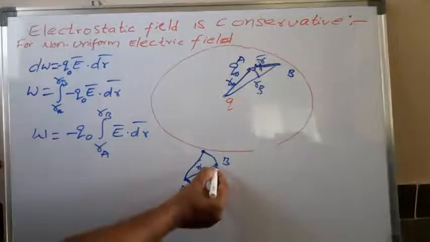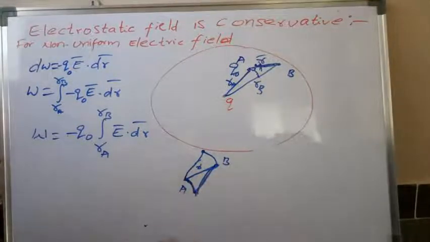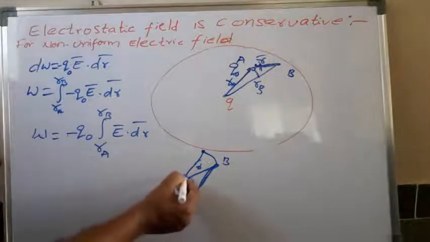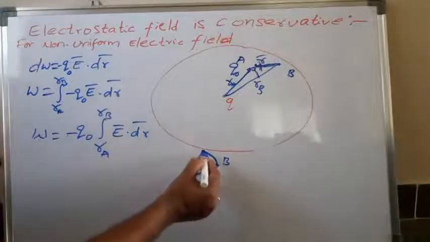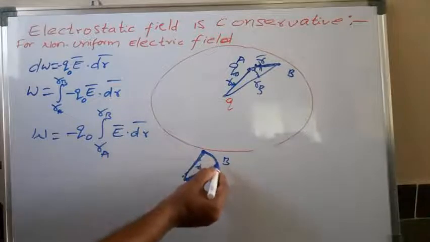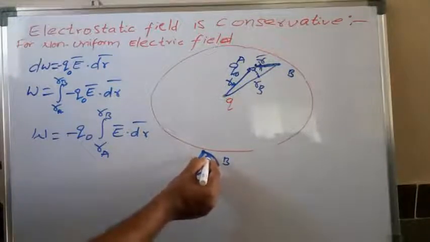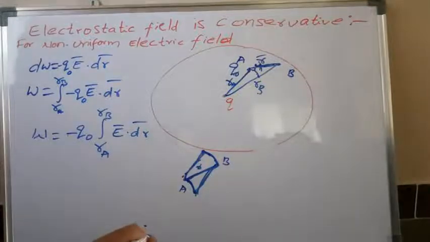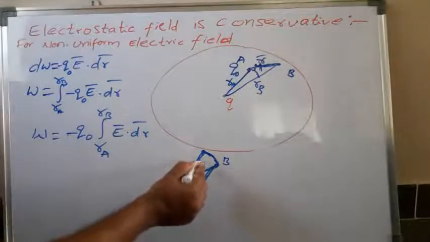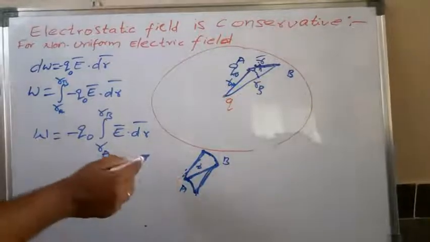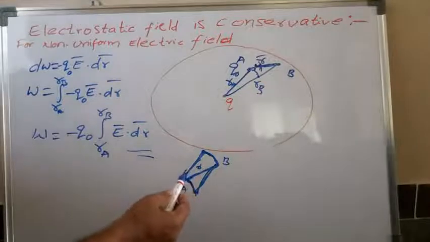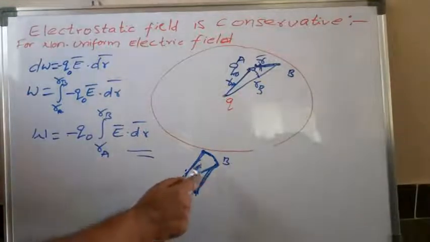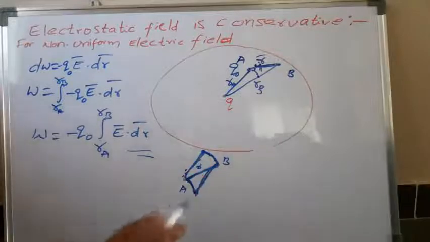From here to here, again this is equal to this element. Similarly, if we move in this direction, this is equivalent to this displacement, and here to here again, the electric field is perpendicular to the displacement everywhere. So you do E dot dr here or here or here, they become equal. I am not going into the detailed calculation of the electric field here. I am just trying to show you that the work done is dependent only on the initial and final points, not on the path followed.